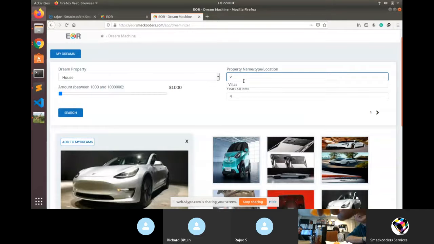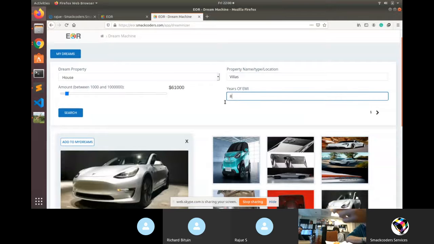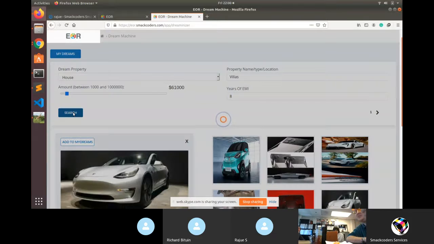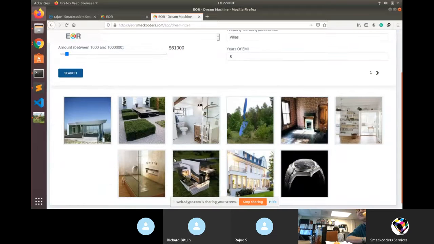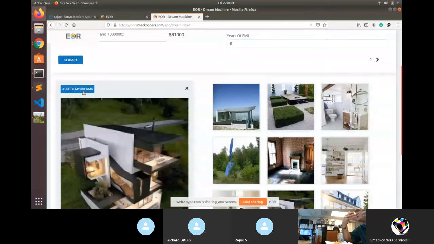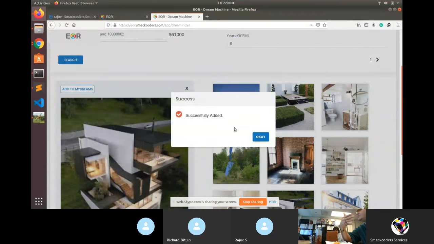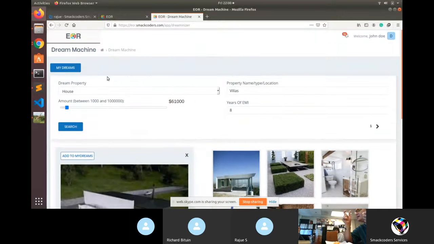And so you do the search right here. You can say, hey, we want a villa or we want a Tesla or whatever. And then how long do we want to finance it out for? In the future, we'll be able to have an APR there, and then we'll be able to bring in other lenders that can match people. So say, here's someone's dream, and here's a way to facilitate it, and we'll be able to earn money in the middle. Subbu, go slow.